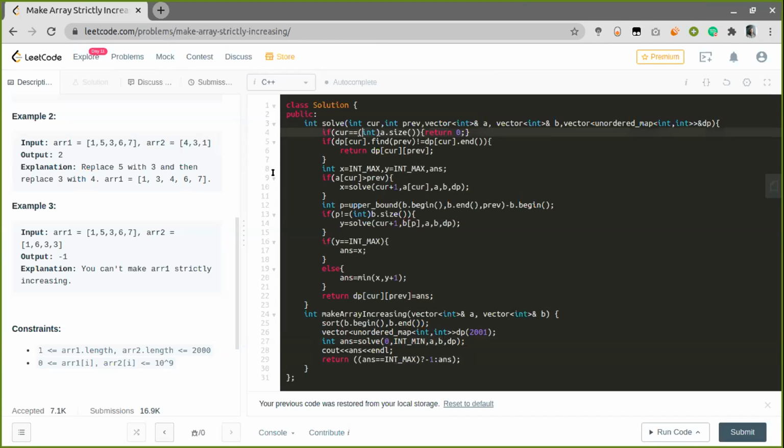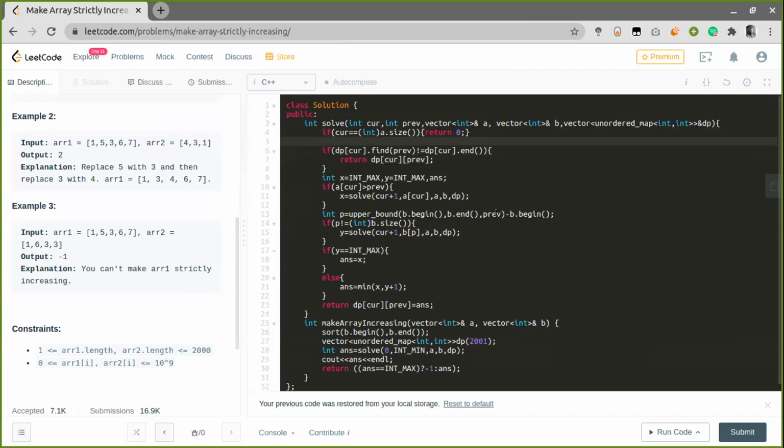Now the base case, when we are at the extreme end of the first array, we don't have to perform any operations. So I have returned 0. And now this is where we check if we have already pre-calculated it. If we have, then we will return it. So the DP of current of prev will be the minimum